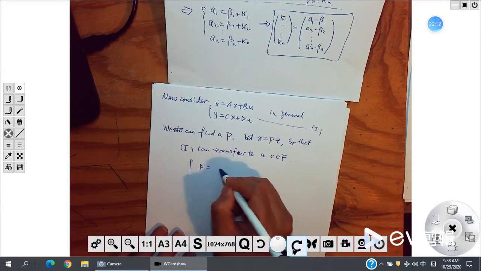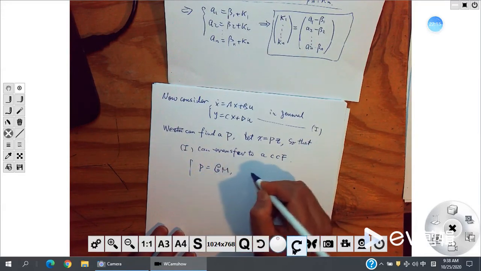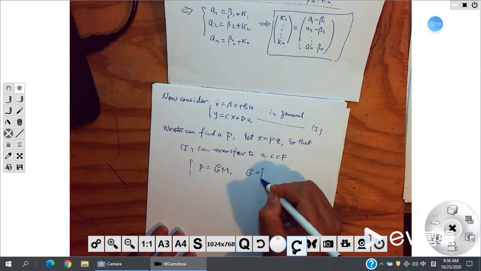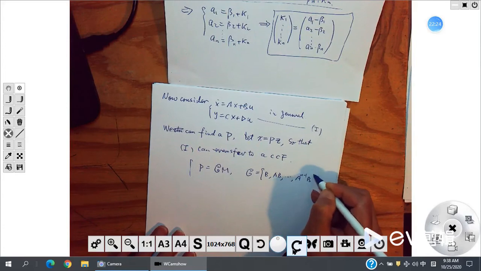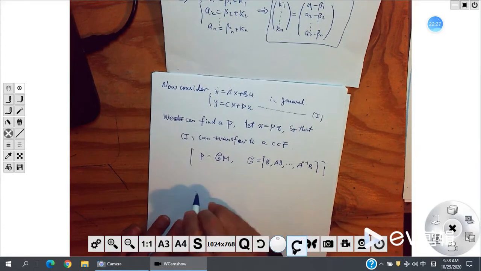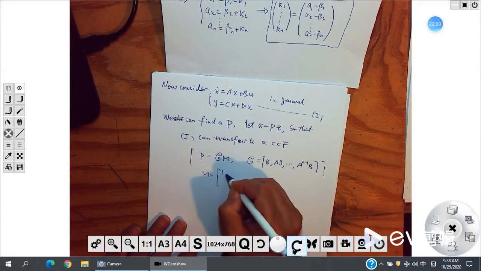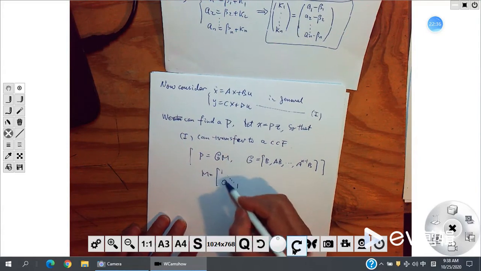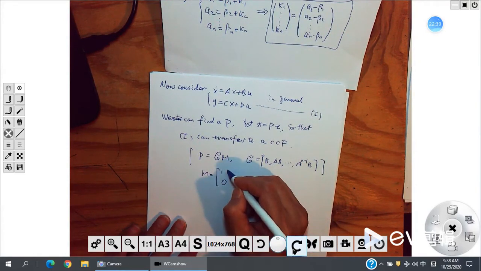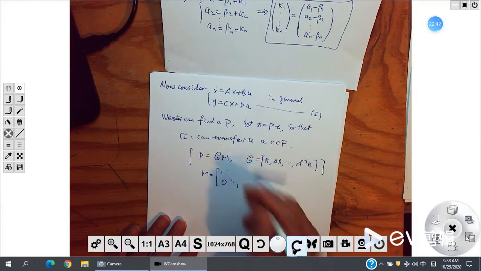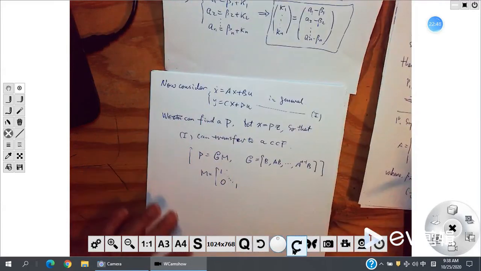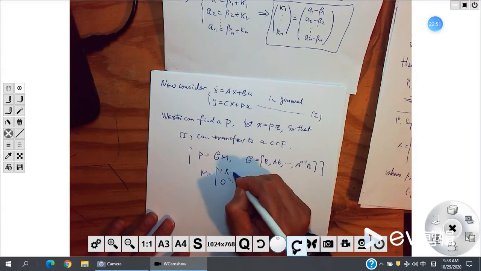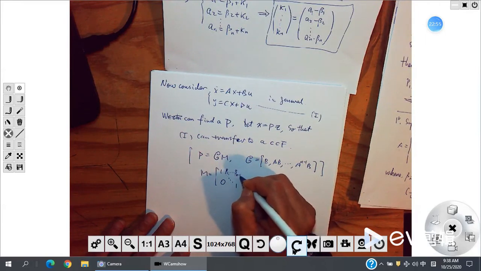What is P? P will equal to C times M, where C is B, A times B, until A^(n-1) B, right? This is C. And M, here it looks like a unit matrix, but only the lower triangular part is 0, and this part should be some numbers. These numbers are just those betas, right? You have A, then you have beta 1 to beta n minus 1, where